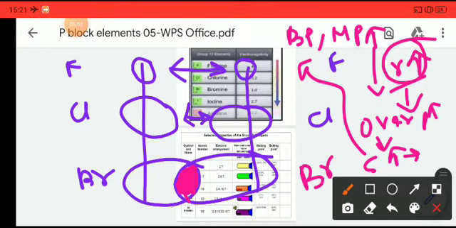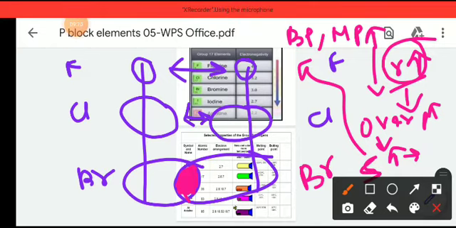This is a pictographic image to show you how the overlapping region increases. This is not the actual picture. I have given this picture just to give you a pictographic memory of what happens. So when we go down the group, the radius increases, the overlap increases, and as the overlap increases, stability also increases.